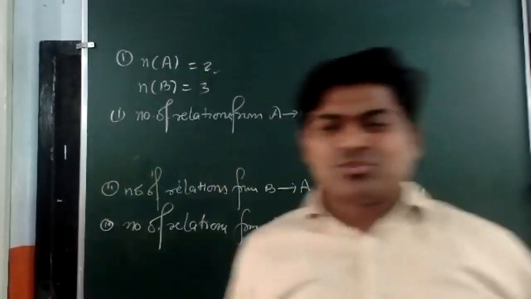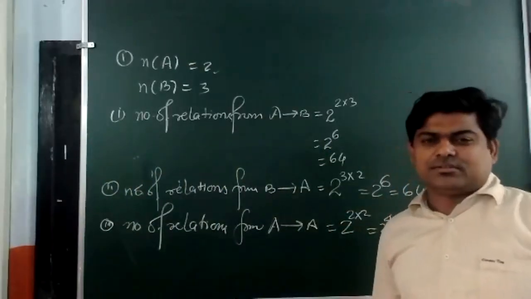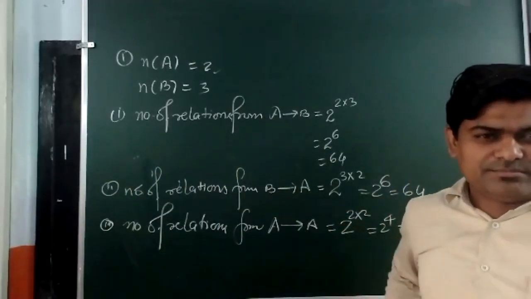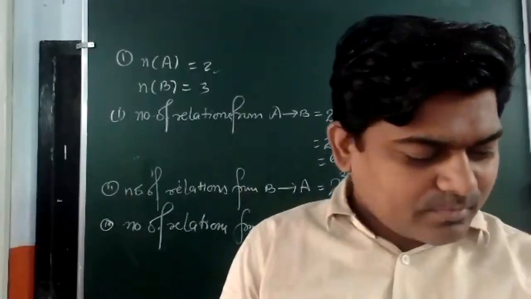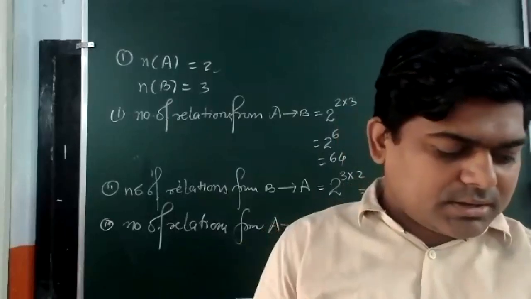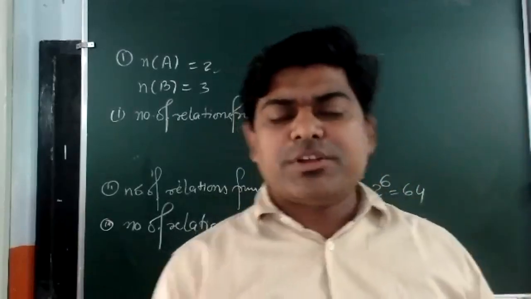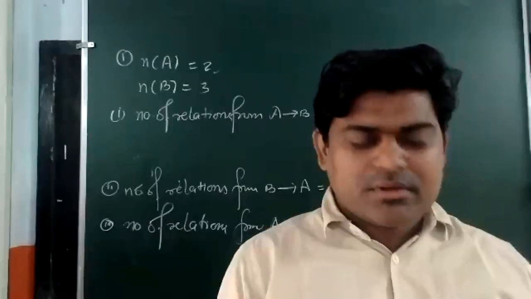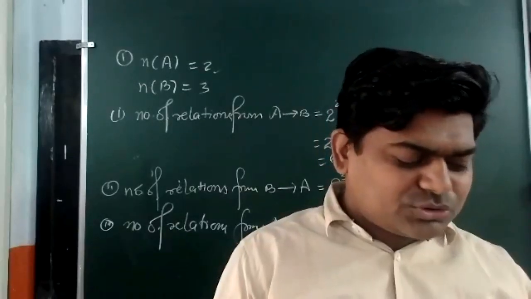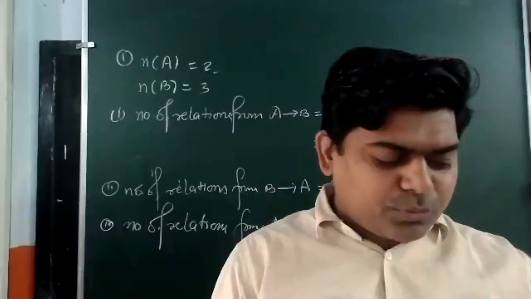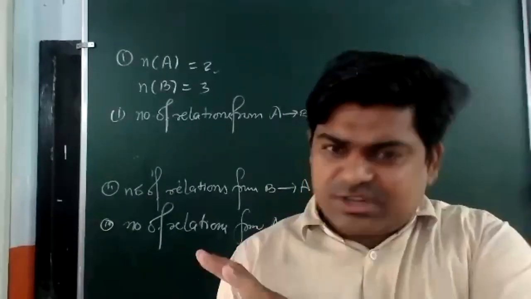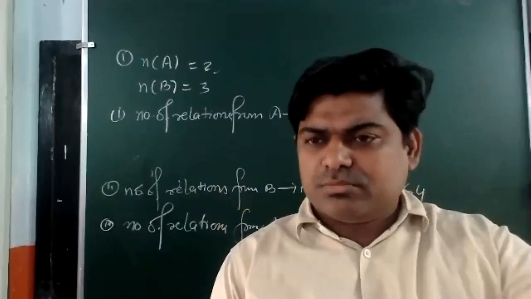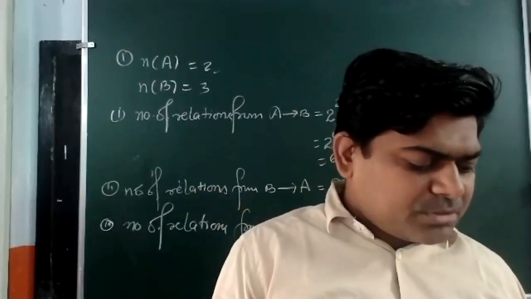Now, you may ask yourself, is it so difficult? But I am thinking it is very easy. It is very easy. Now, move to the next thing. In the same way, you can see question number 2 is there. Again, we have two sets A and B. I have to find firstly A cross B, and then I have to find the number of relations from A to B. Same as I have done question number 1, question number 2 will be done. Now question number 3 is there.